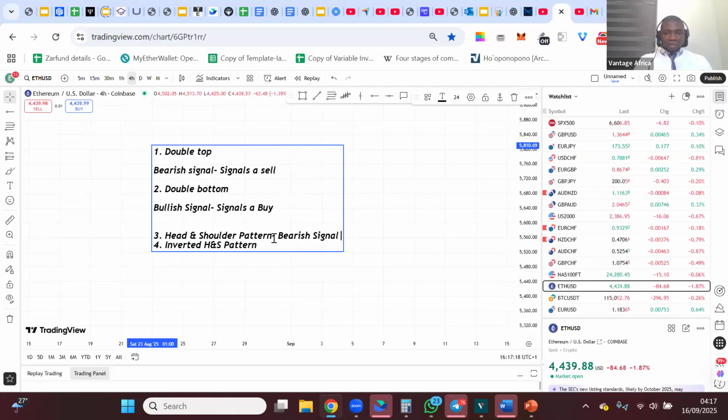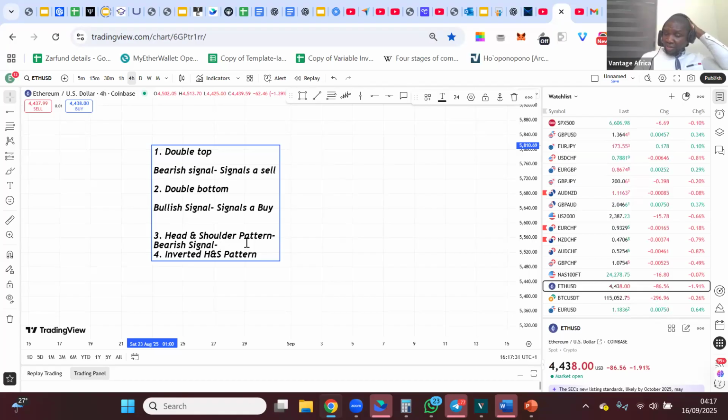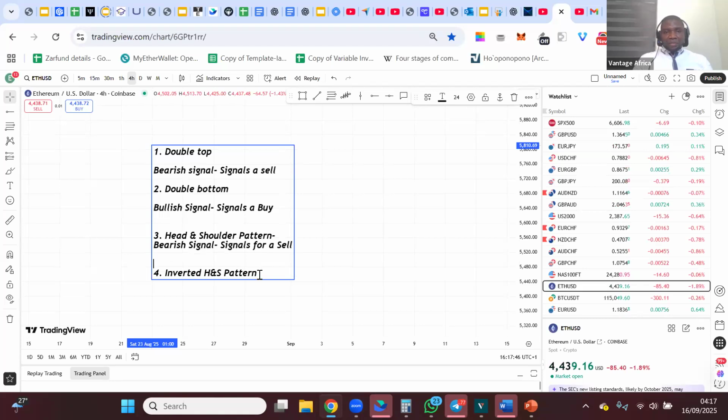Bearish signal means that it signals a sell. Why the inverted head and shoulder pattern